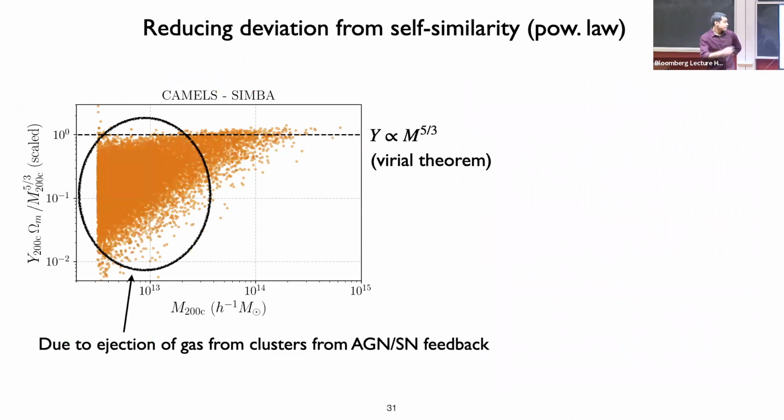The second thing we did is on similar lines. In the first part, we tried to reduce the scatter in the high mass range, because these are clusters which are used for cosmological information extraction. But there are also things in the low mass range which are affected by baryonic physics a lot more. This simple relation based on Virial theorem fails very significantly for these low mass objects. One of the reasons is that the gas is ejected from these low mass objects due to AGN or supernovae feedback.